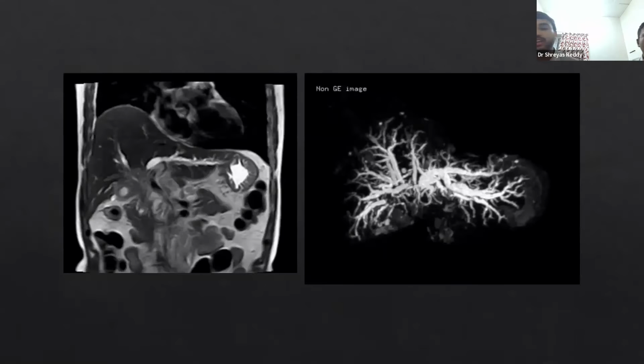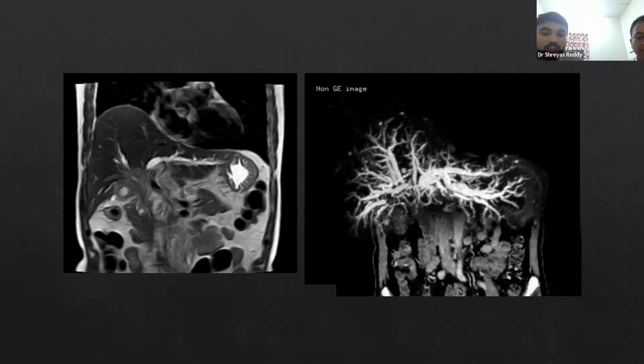So this is an MRCP, a 3D MRCP image, which is showing the grossly dilated ductal system, both on the right as well as the left side. And there is evidence of an ill-defined mass at the hilum. So at our center, we consequently performed